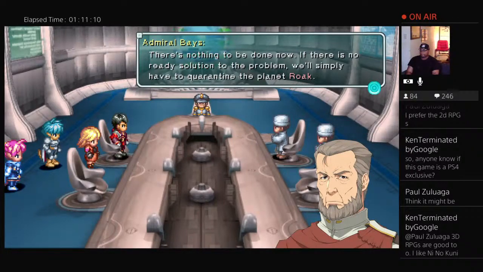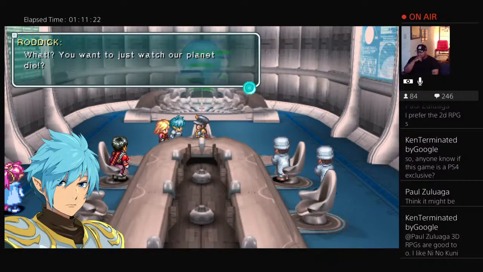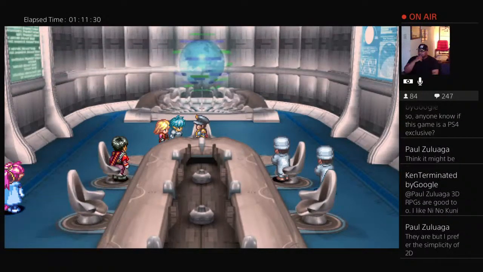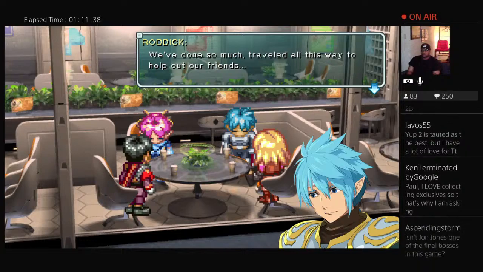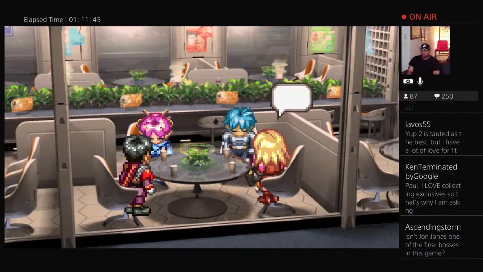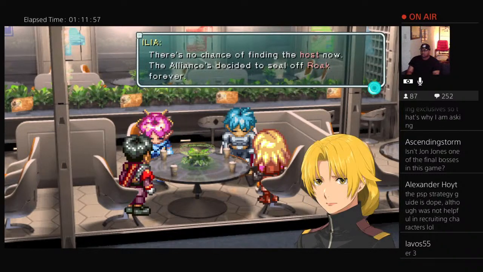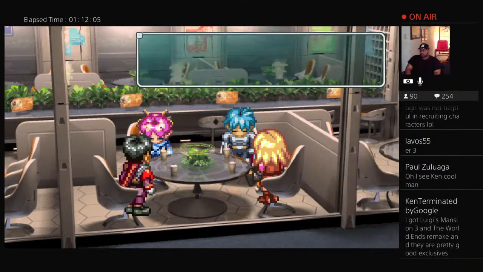There's nothing to be done now. If there's no ready solution to the problem, we'll simply have to quarantine the planet Roke. What? You want to just watch our planet die? Roddick, calm down. The hell with that? We've done so much. Traveled all this way to help out our friends. And now what are we supposed to do? Who would have imagined they got the virus off Roke 300 years ago and just held it in storage all the... There's no chance of finding the host now. The Alliance has decided to seal off Roke forever. There's nothing we can do but apologize. I'm so...